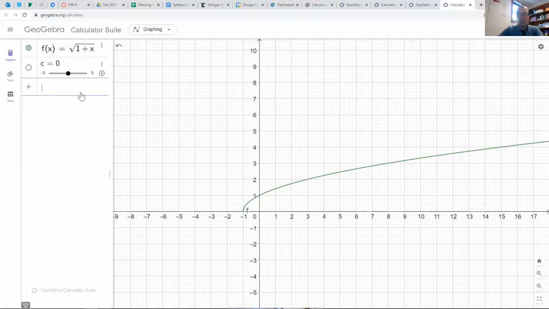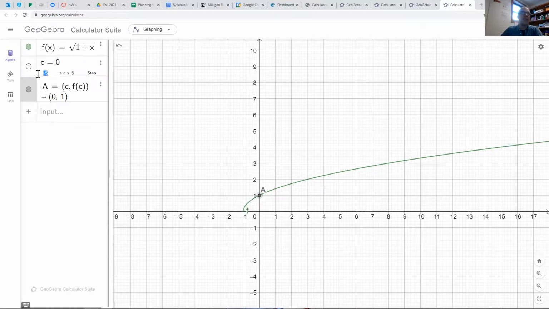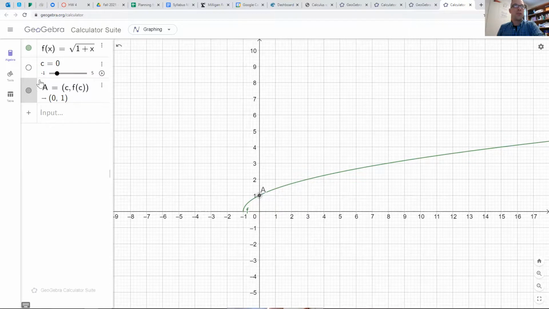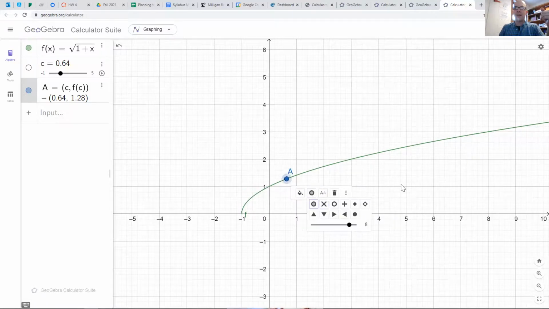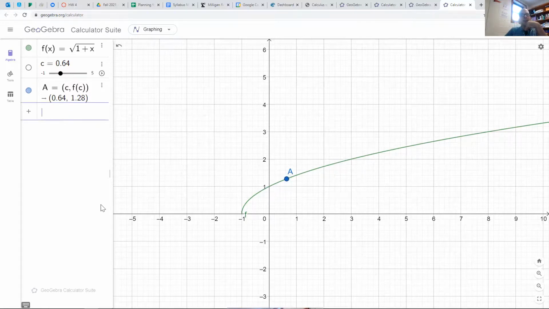Cool. What we can do is make a point on that function, and I would do that by making c comma f of c. And since the domain of this will be -1 onward, maybe we can zoom in a little bit, and then we can see this point just cruise along. Let's make it blue and bigger. Okay. Yeah, that's cruising. If we want to make a tangent line that follows that point,